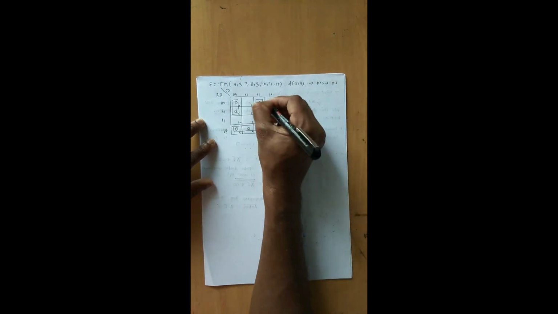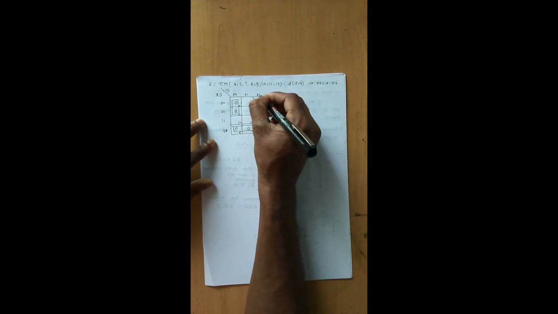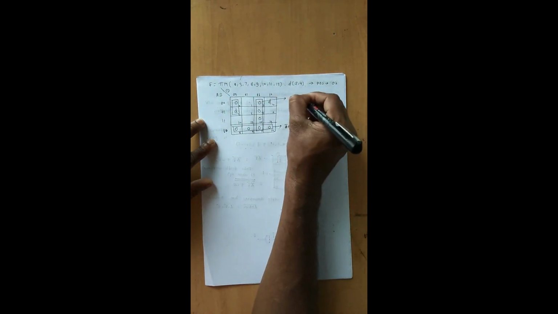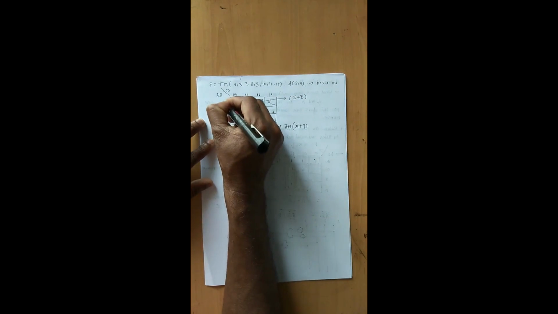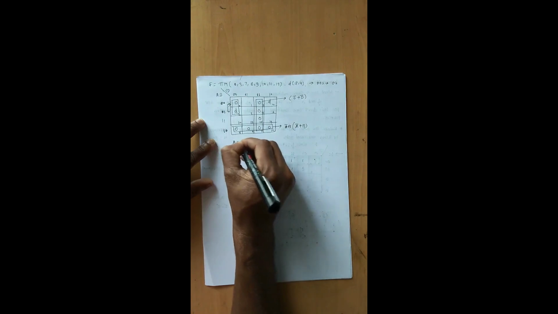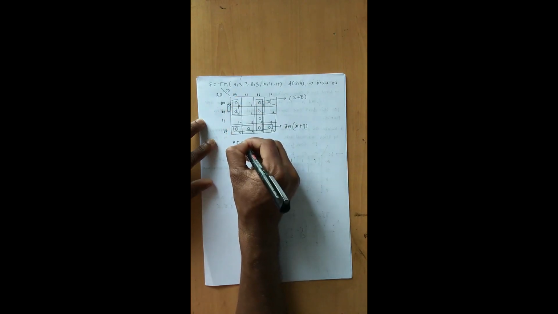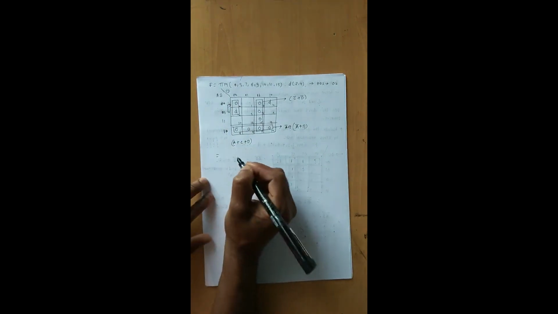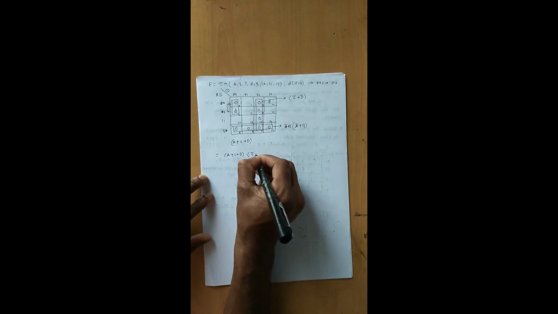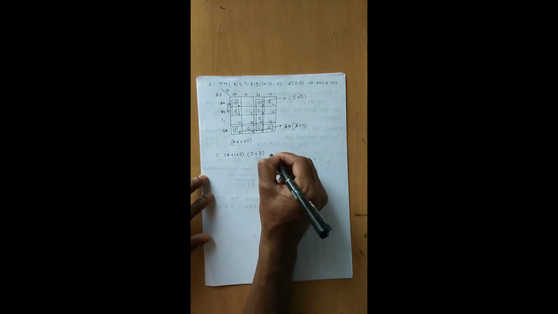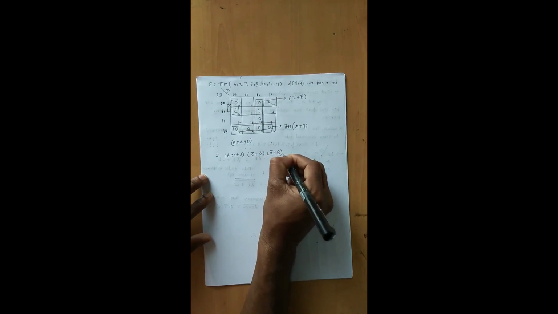And then for this we have only these common terms, which are 1 1, so in 1 1 it will be C bar plus D bar. And for this, the common terms are from these two rows we have to bring a common term, and the A is a common term, plus from this we have two common terms C plus D. So the final equation is A plus C plus D, C bar plus D bar, and A bar plus B. Okay, this is the final reduced equation.